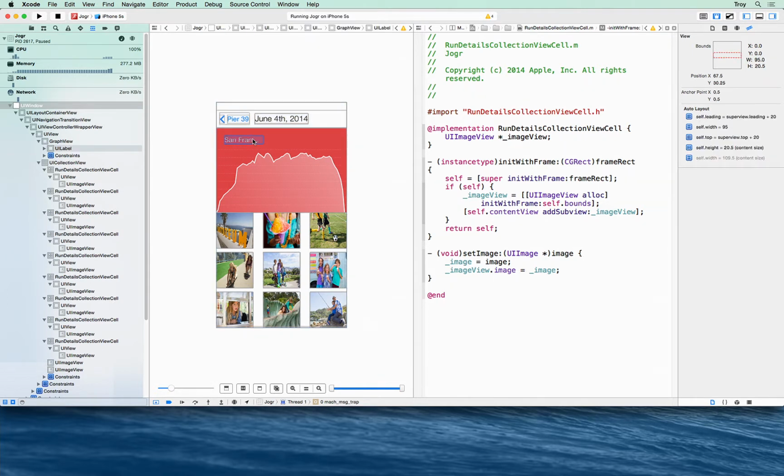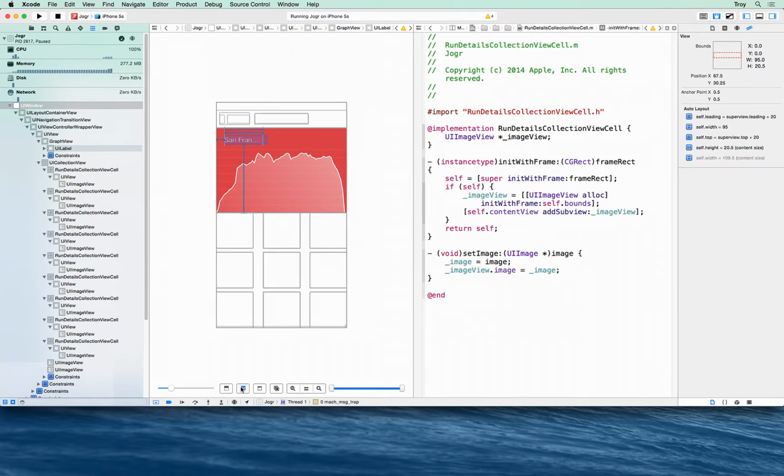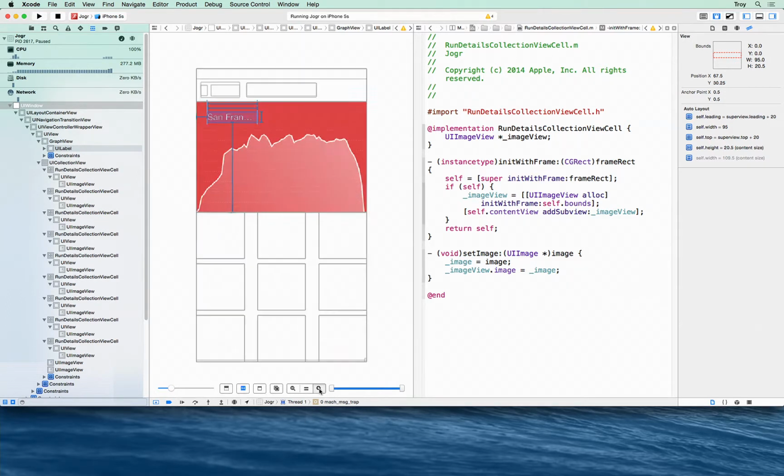All right, I know that I'm using auto layout in this application, so let's go ahead and see if there's anything having to do with constraints that might be an issue. Down here is the Show Constraints button. This shows all the constraints, and it also dims out the views that are not currently related to that view or its constraints. This allows us to really focus in on the work at hand. When I zoom in,